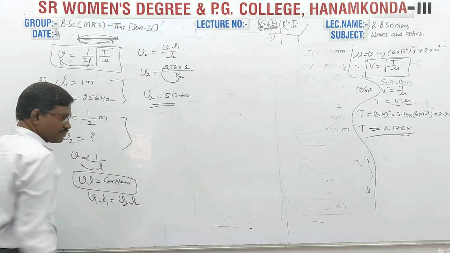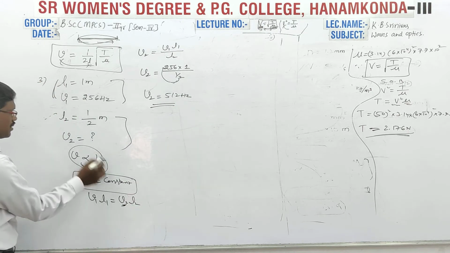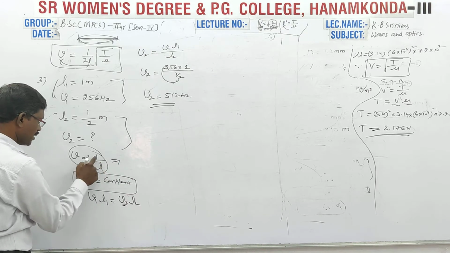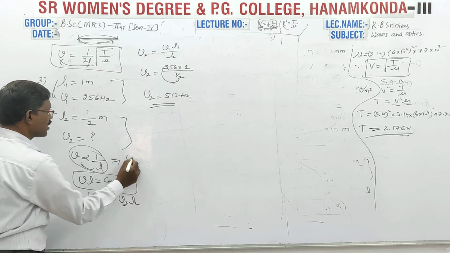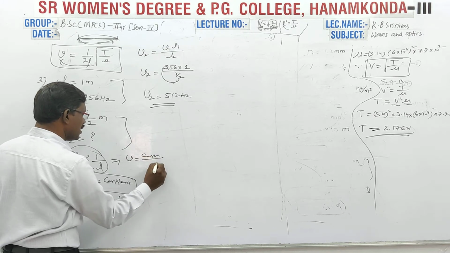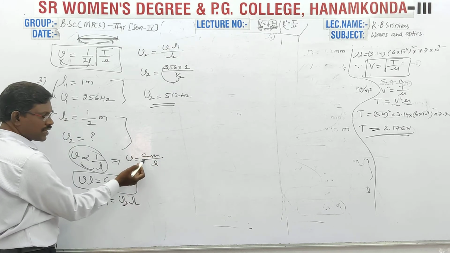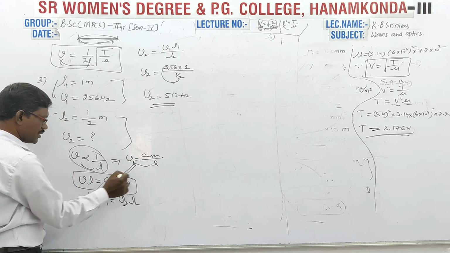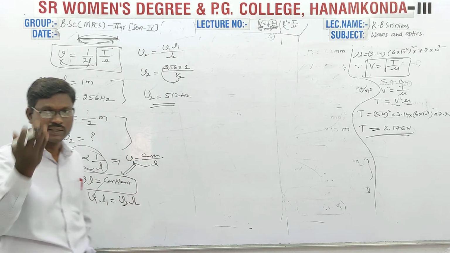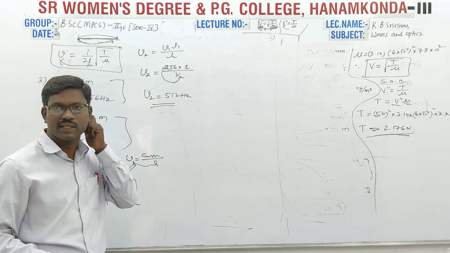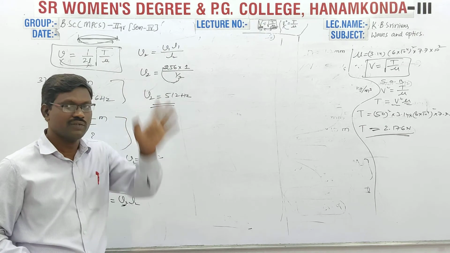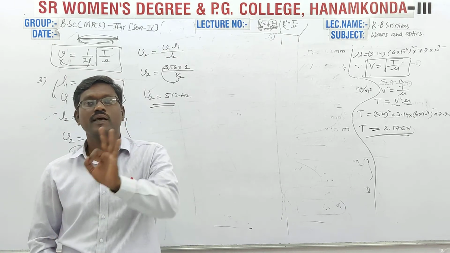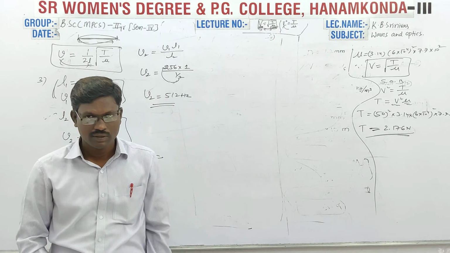Frequency will be doubled. If you know this relation, you can easily solve it. How do we get this relation? Nu is directly proportional to 1 by L, or nu is equal to some constant by L. After considering the constant, proportional becomes equal. On cross multiplication, we get this relation. Already I have explained this during the transverse laws in stretched string. 3 laws, very important for 4 marks.